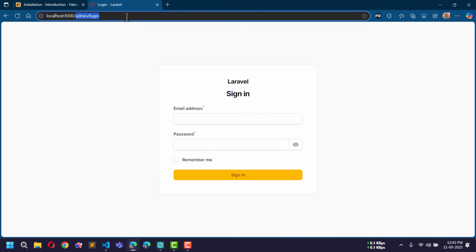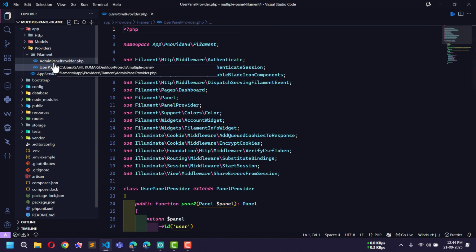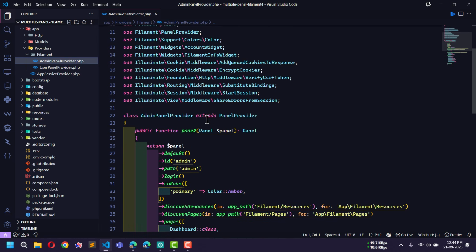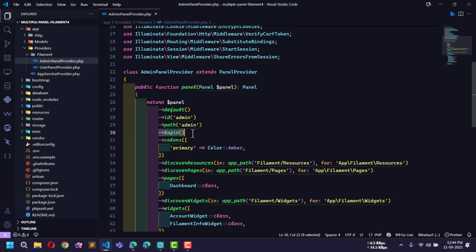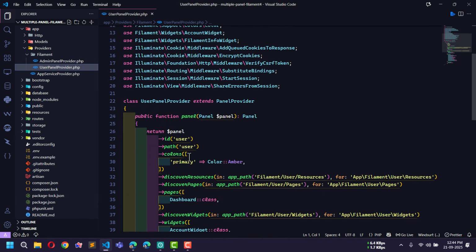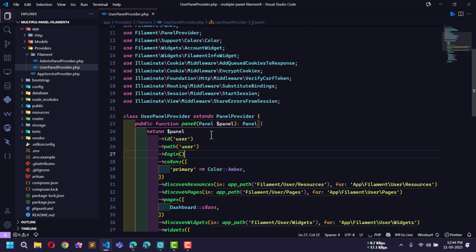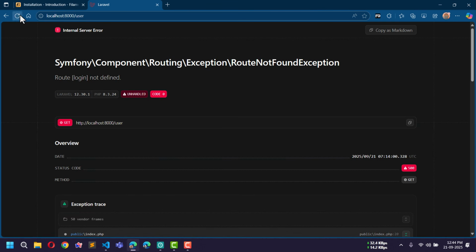Now if you go to user here, we are getting an error that route login not defined. So let's fix this. If we open admin panel provider, the login is here. Now we need to open user panel provider, and the login is missing here, so let's write login, save. Now if we reload this page,